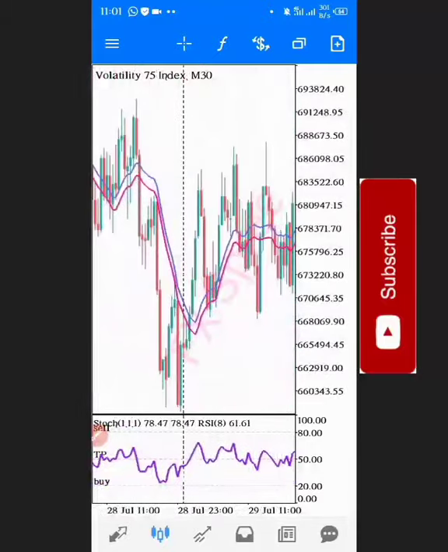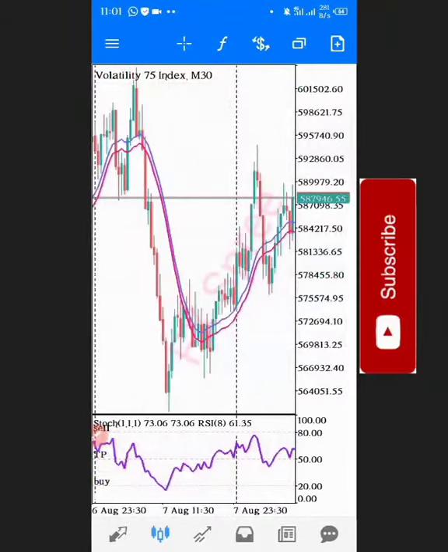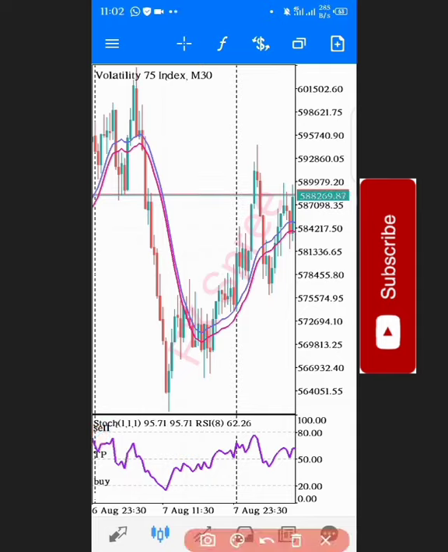Always make sure that you follow the rules, and don't forget, you set your stop loss below the previous retracement candle. Let's assume you enter here. This is where the trend begins. Then we have the confirmation here. I hope you are getting it. Confirmation there. So your stop loss is somewhere here. That is SL. Your stop loss somewhere there. You can see even if it retraces, it doesn't get to that point.